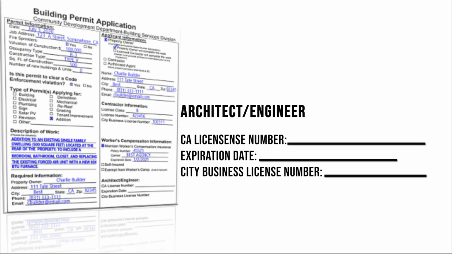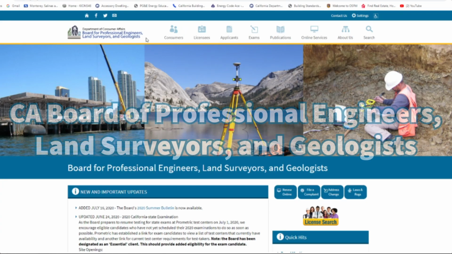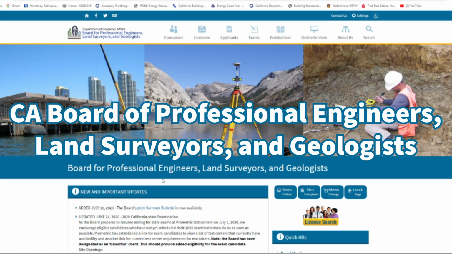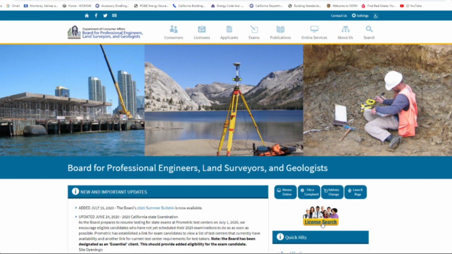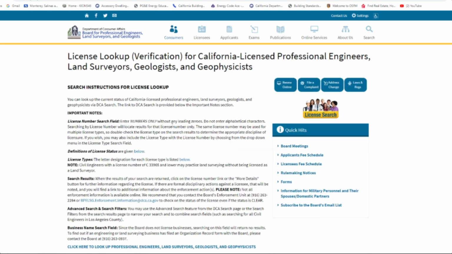The final portion of the building permit application is completed if you will have a licensed architect or engineer involved in the design of your building plans. Such individuals are regulated similarly to the licensed contractors, and correspondingly, you should verify your design professional's licensing information. This is an example of the California State Board of Professional Engineers website, and as you can see, there is